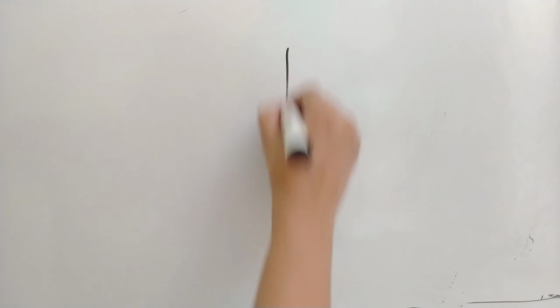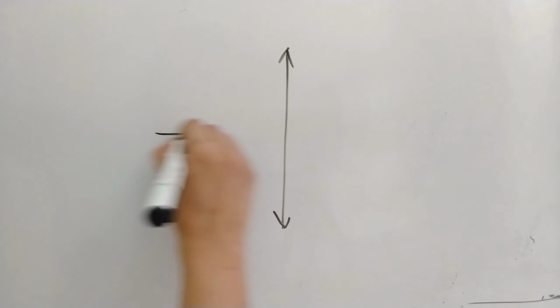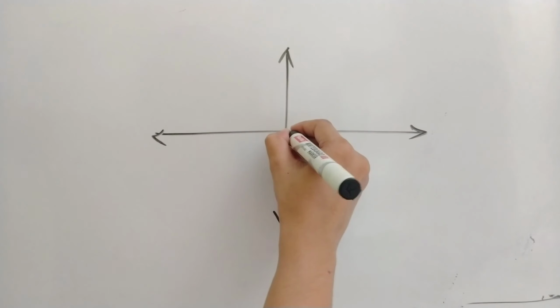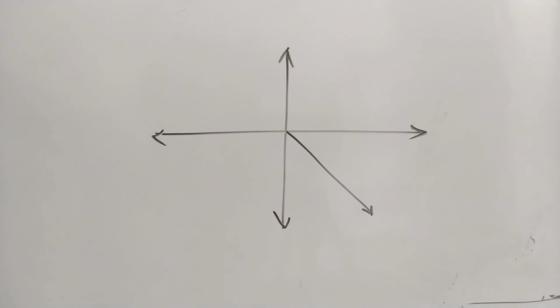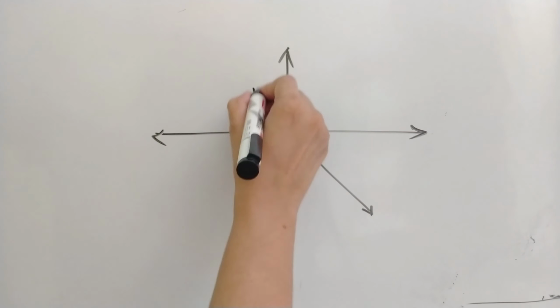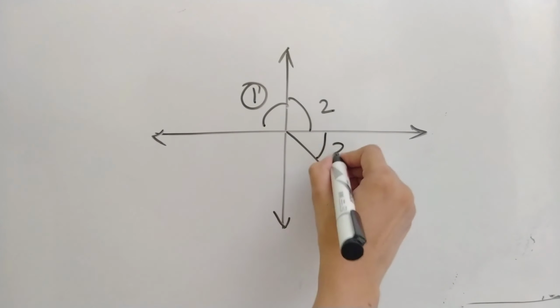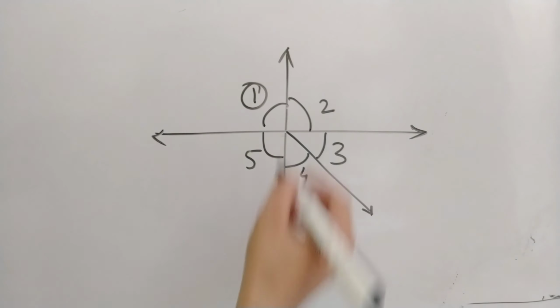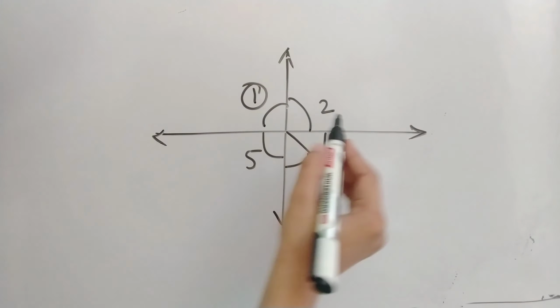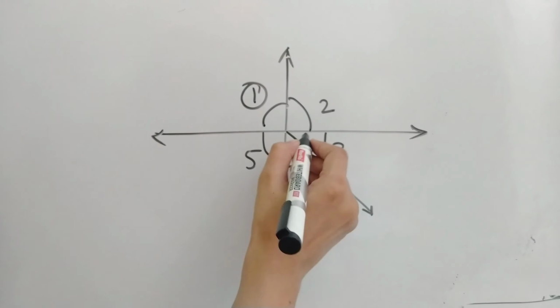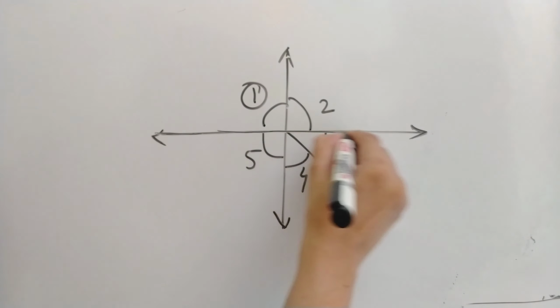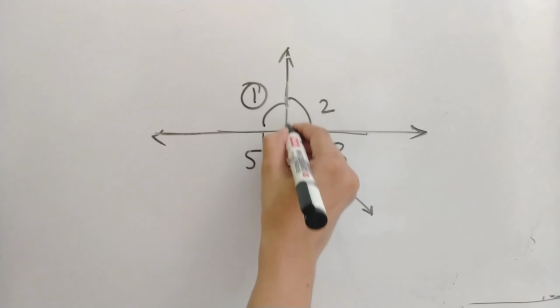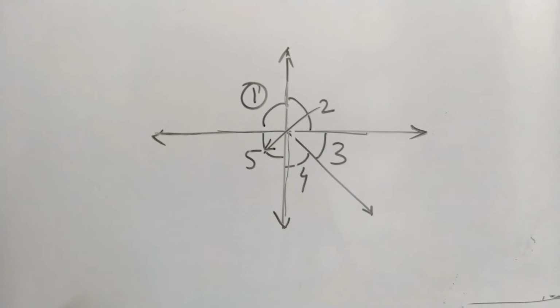So let us have a look at one example. For example, if I am taking this diagram, this time this particular line is also there. Start naming angle 1, 2, 3, 4 and 5. What is the vertically opposite angle of 2? So I have to find the straight line. This angle 2 is made with this line, so I'll just draw a straight line ahead of it. This is the straight line for it. What is the vertically opposite angle? Angle 5 will become vertically opposite angle to it.